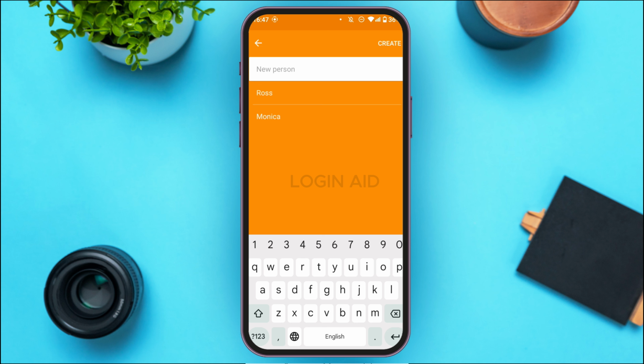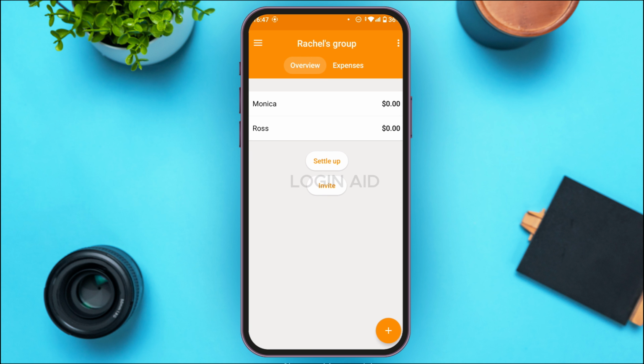Now after you've added all the people, what you have to do is tap on the create option that you can see at the top right corner of your screen. Now wait for a while. Now after that, you can see over here your new group will be created. So that is how you create Splid